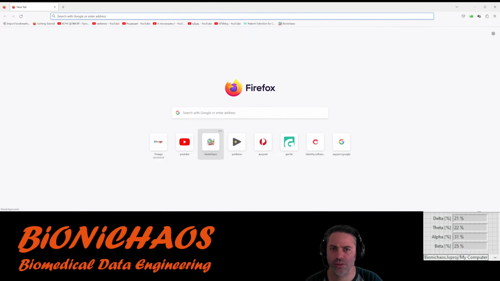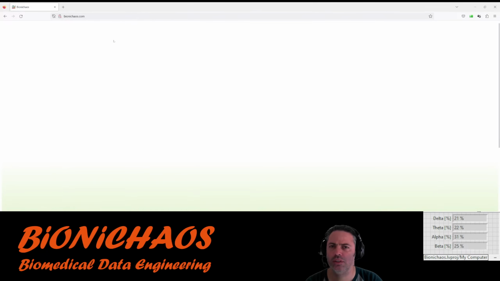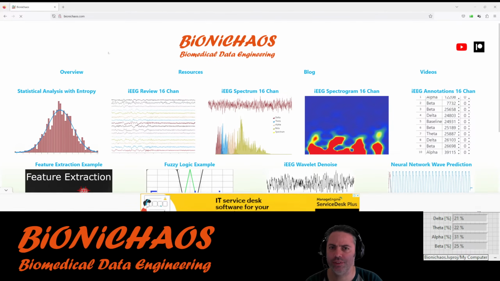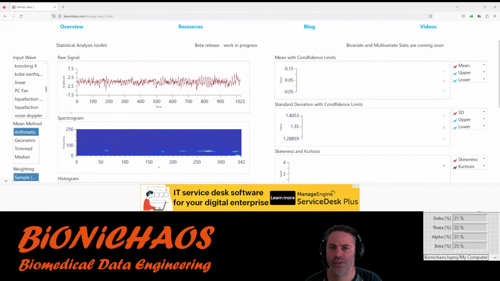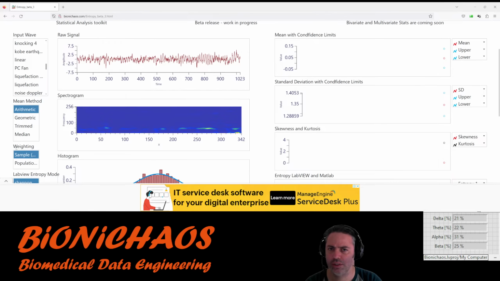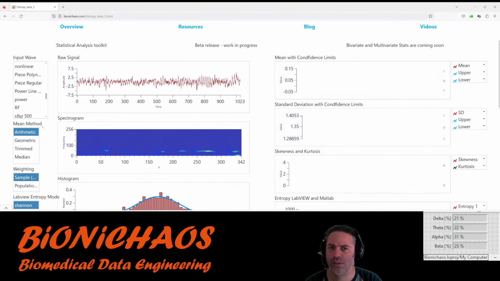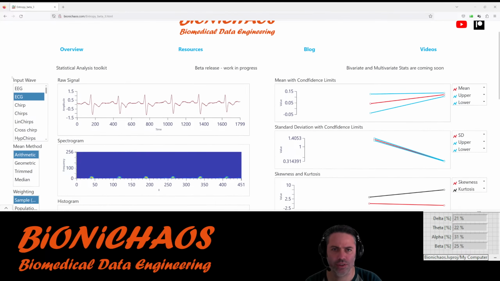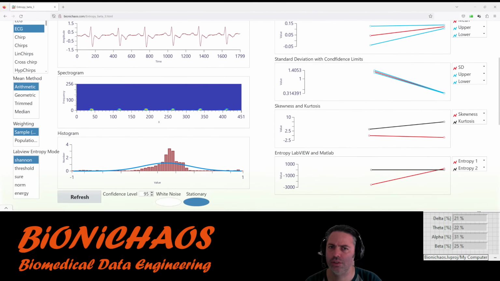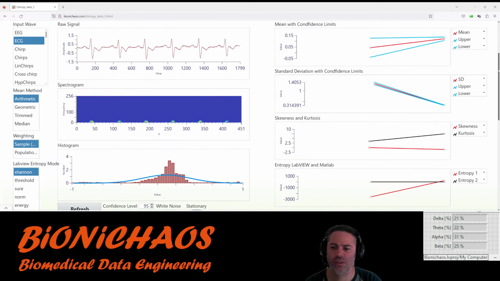Firefox is normally better for these things. Right, it's actually working. CG. Nice.